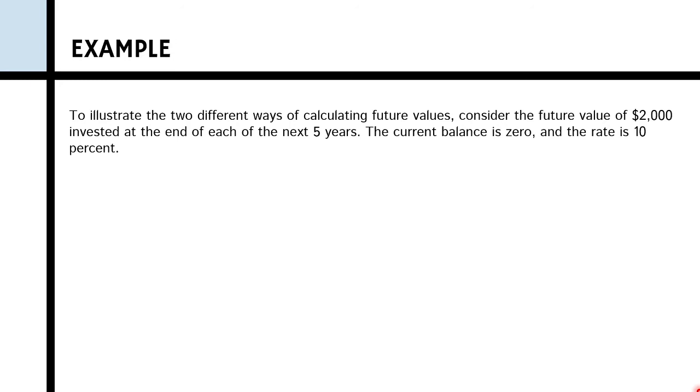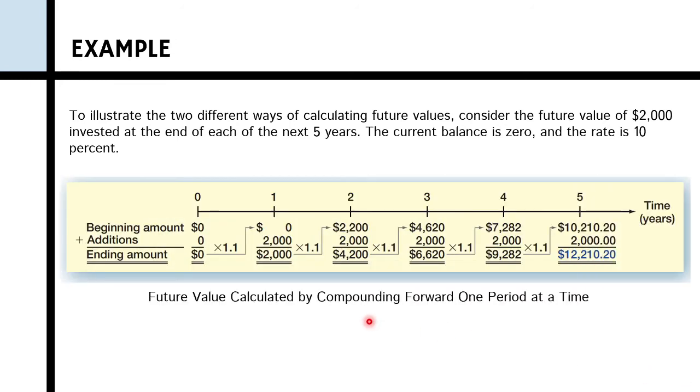So now, let's calculate using the first technique, which is compounding forward one period at a time. We will make a timeline and label it 0, 1, 2, 3, 4, and 5. In year 0, ito yung today or current period. Wala ka pang current balance, so it is 0 times 1.1, that is 0. Now we made a deposit of 2,000 at the end of year 1. So in year 1, you have 2,000. This 2,000 will earn interest of 10%, that is times 1.1. So it's going to be 2,200